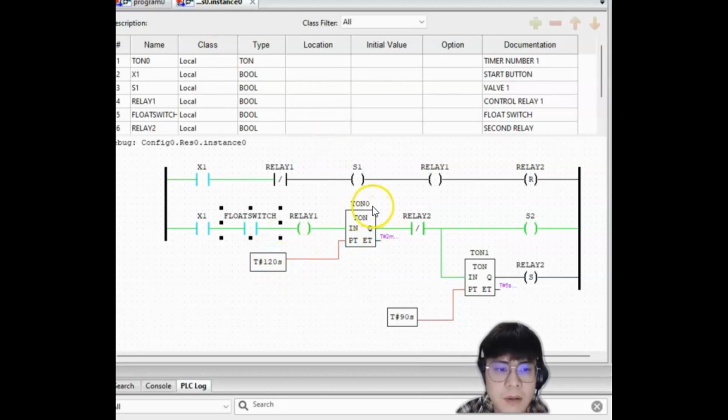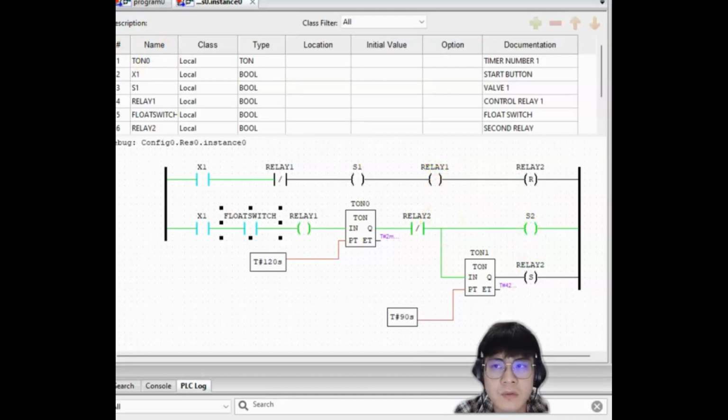Now there is the 120 second delay for the chemical reaction to occur in the tank. At the end of the delay time, the timer will energize the second relay, C2. The second relay is energized, which controls two devices: the second timer, which starts to count 90 seconds to allow the contents of the tank to be drained, and solenoid 2, which is energized. So we have to wait about 90 seconds in order to